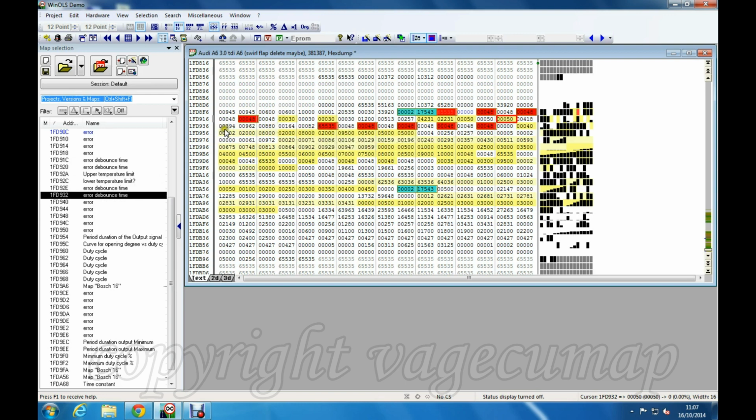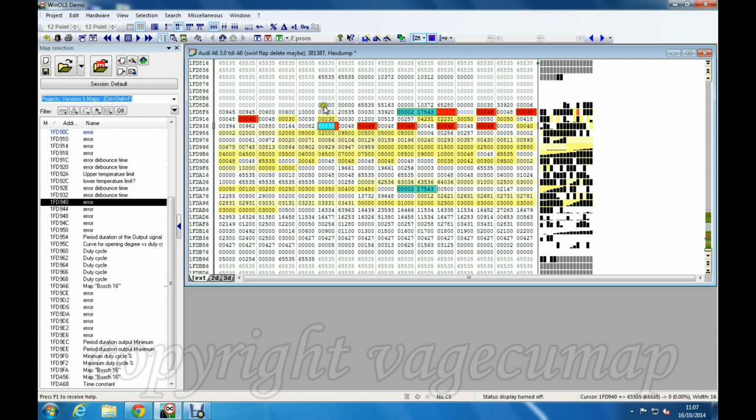What you're looking for is more collections that look like this. In other words, they would be 48, 48, 48, 48, 48, 48, except this one is already 65535. That's how the manufacturers left it.